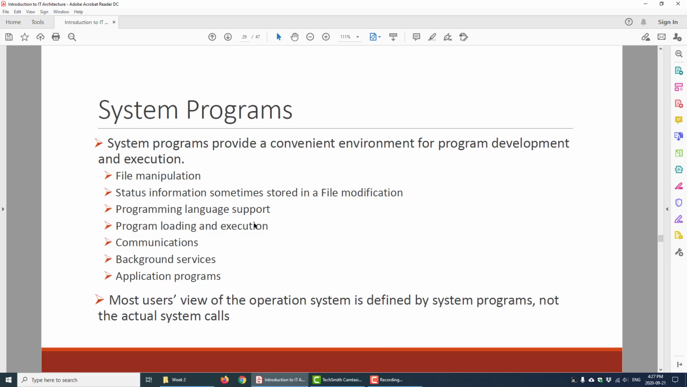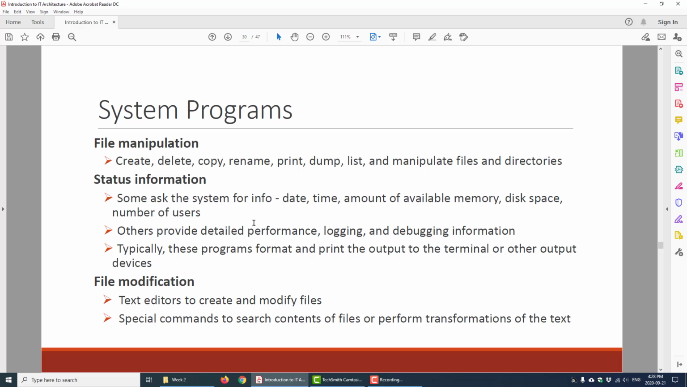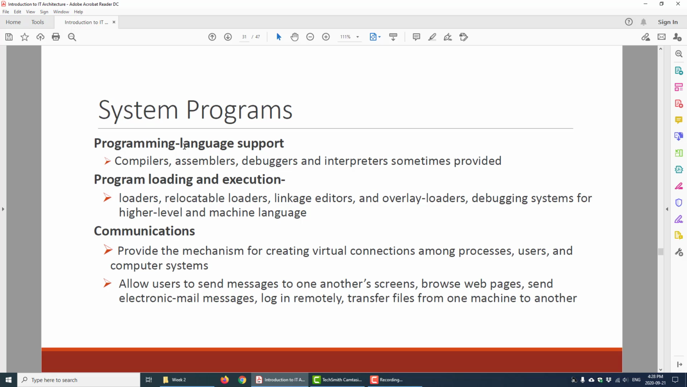So system programs are actually part of the operating system, or at least the programs that actually help the operating system perform certain actions. So they are considered part of the overall bundle that comes with the operating system. Now, as I told you, they can do many things, and they can be used for checking status information, creating files, deleting files, file modifications as well, for checking support. For example,